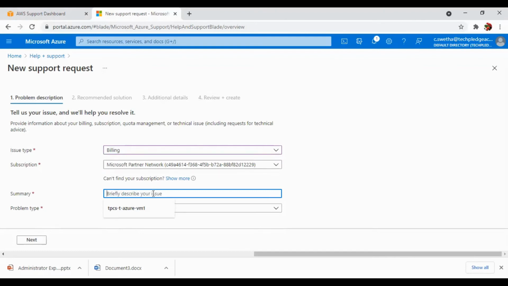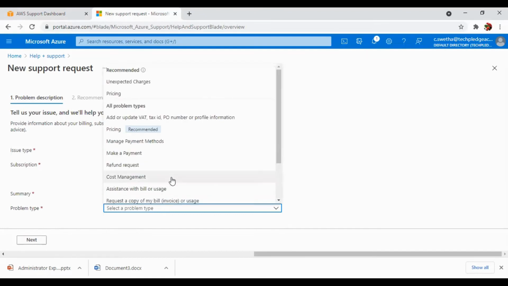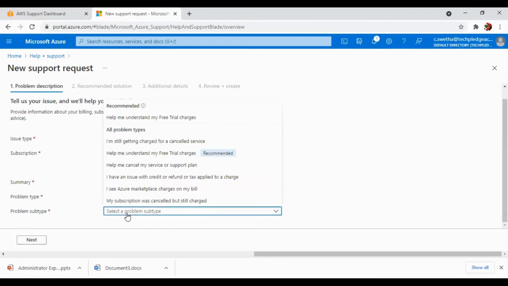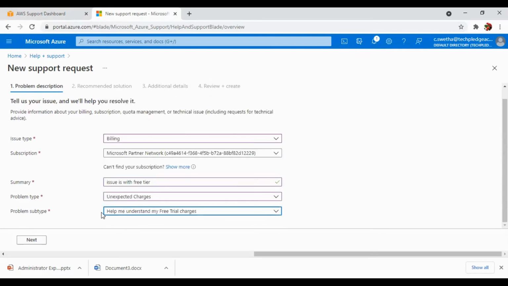Let's type over here: unexpected charges are being applied. Then the problem subtype, like help me understand my free trial charges, and then we go for next.